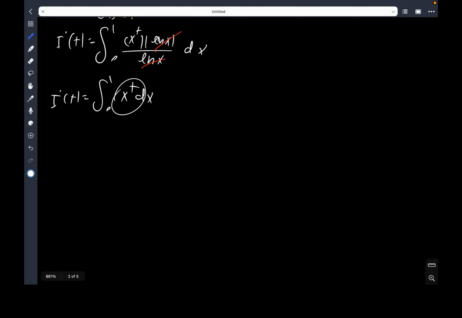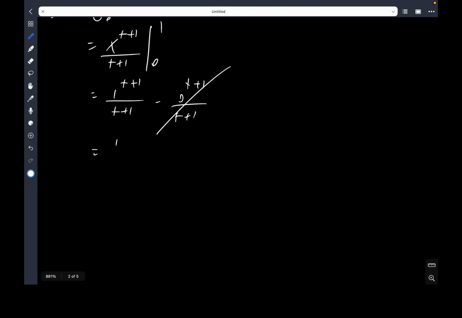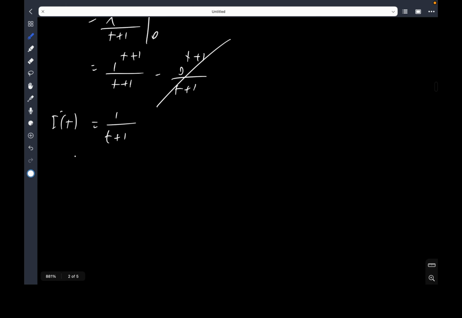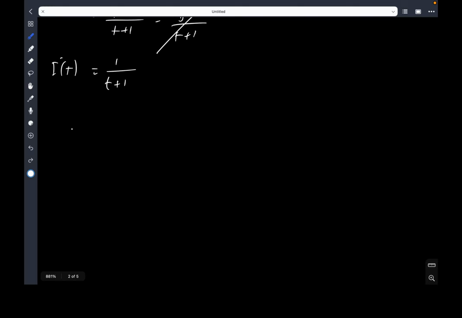And this integral is very easy to solve. We can use the reverse power rule, x to the t plus 1 over t plus 1, the limit from 0 to 1, and 1 to the t plus 1 over t plus 1 minus 0 to the t plus 1 over t plus 1. This is going to go down to 0. 1 to any power is 1, so it's going to be 1 over t plus 1. Now that I've changed the form of this integral,